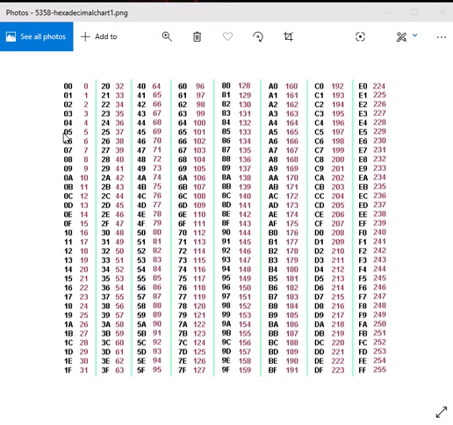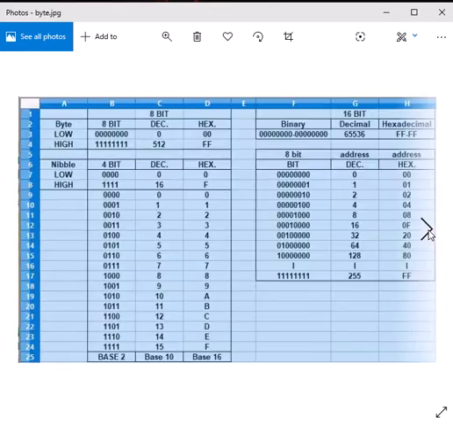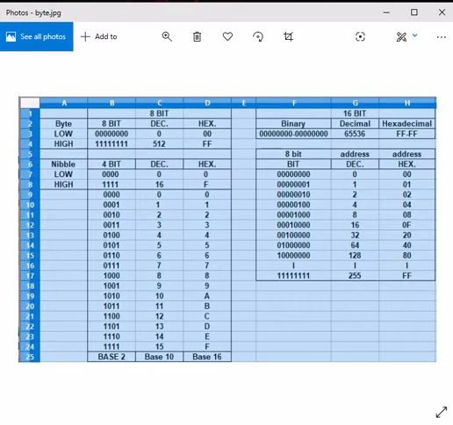And these numbers here, starting with 00, show all the hexadecimal numbers and their decimal counterparts, up to 255. So you see, hexadecimal is a base 16 number system. Then this one we use is a base 10 number system, and binary is a base 2 number system.